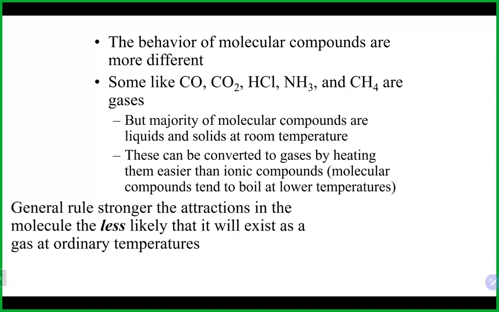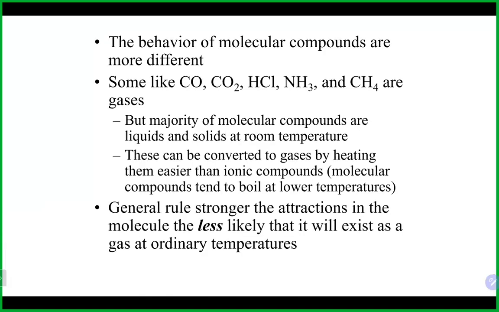When we talk about molecular compounds, remember the main difference between the two: in ionic compounds, there's absolutely no sharing of electrons, so we create those ions which are attracted to each other. Molecular compounds are pretty much nonmetals and nonmetals together, so that's nothing but sharing of electrons. And as we talked about in the bonding chapter, that sharing may be equal, it may be unequal, but there's some aspect of sharing that occurs.